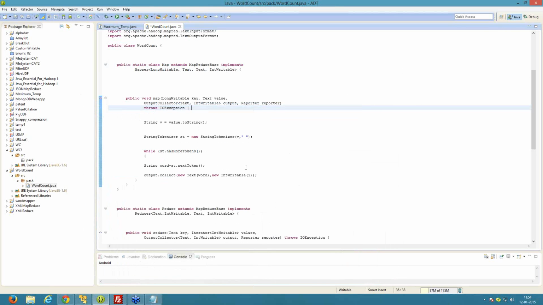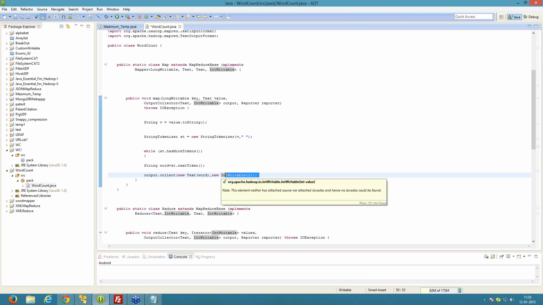We have defined an anonymous object of the Iterable class, that is a Hadoop Writable type. Hadoop does not support the Java data types. Hadoop has its own data types: IntWritable, Text, LongWritable, ByteWritable. So we have to use the Hadoop data types to emit the data from the mapper phase to the network, or to get the data from the network to the mapper or reducer phase. We made the data in the form of word and a 1. We provided 1 inside the IntWritable object.